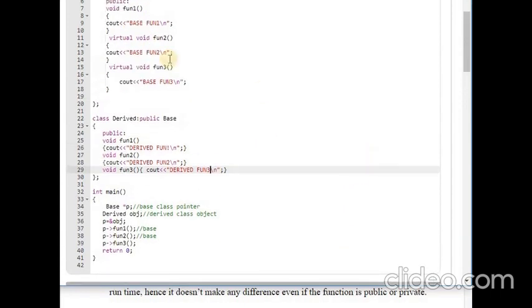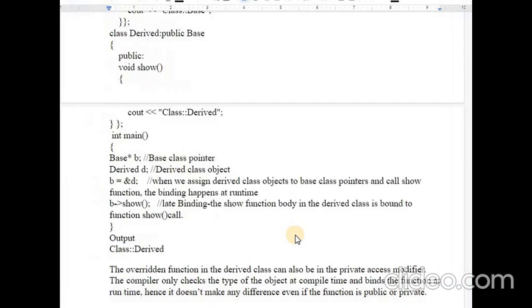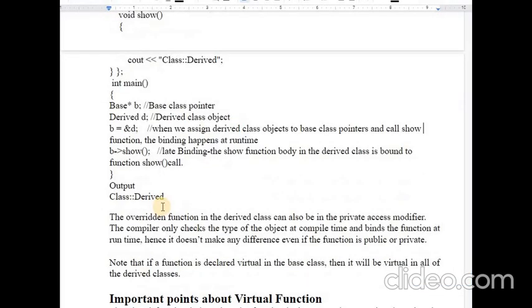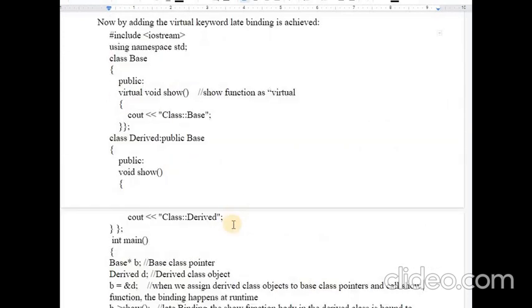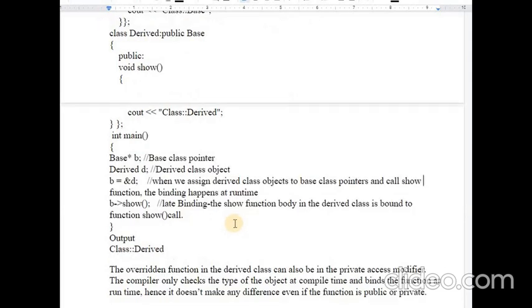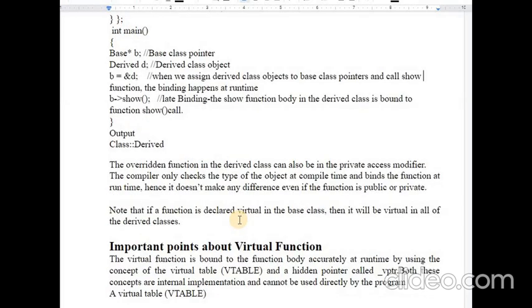So this is the example of virtual functions. A similar example is included in the notes also. You will find that by adding the virtual keyword, the compiler is able to display the derived class definition also. Even if we do not write the keyword virtual, then it always displays the base class definition.